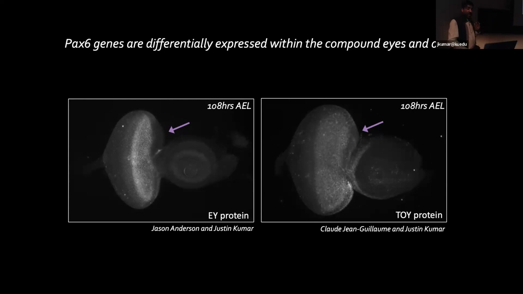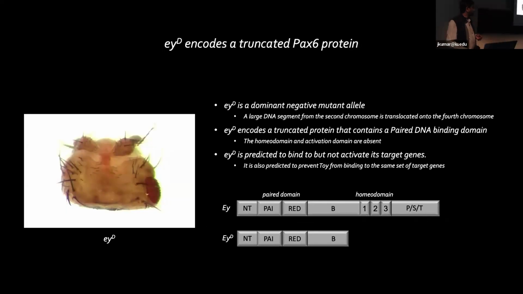So in terms of the evidence as to why we think that Eyes Sus might be binding to the same sites as twin of eyeless, are they regulating the same targets? It comes from this mutant here. So this is an odd Eyes Sus mutant. It's a dominant negative allele. So as a homozygous mutant, the thing is dead. But as a heterozygote, you have these severe reductions in the compound eyes, which is similar to the homozygous loss of function mutants. But what's interesting is you can see that the 3 ocelli are completely missing.